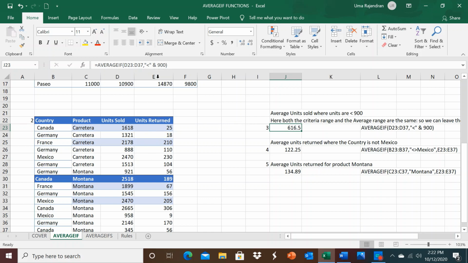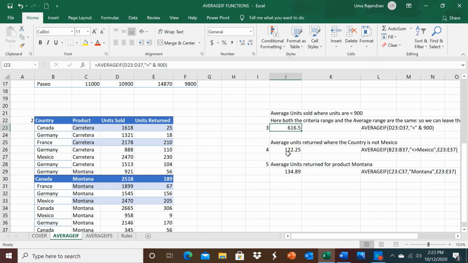And again, we don't have a third argument because we are going to use the same range as the average, because we are finding the average of units sold when that unit sold is less than 900. So again the same, so we can just omit that, and it will use the same range for calculating the average, and it returns the value